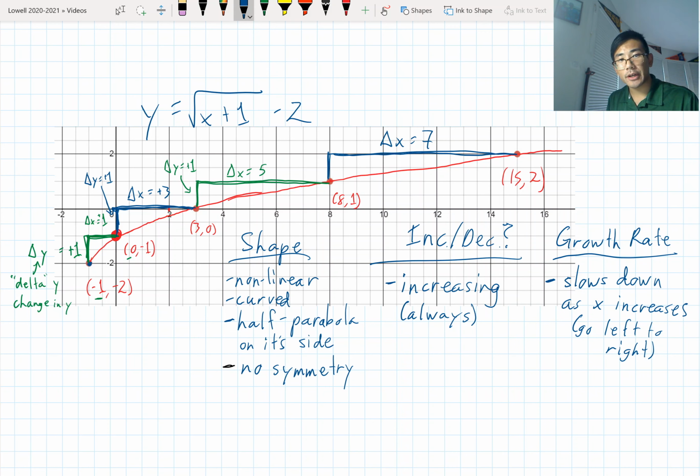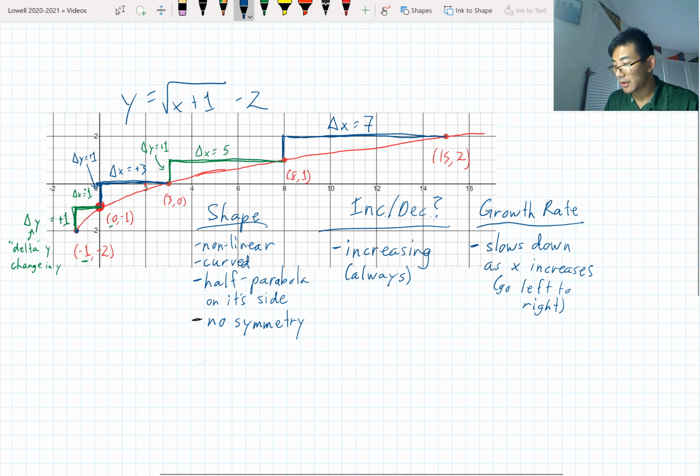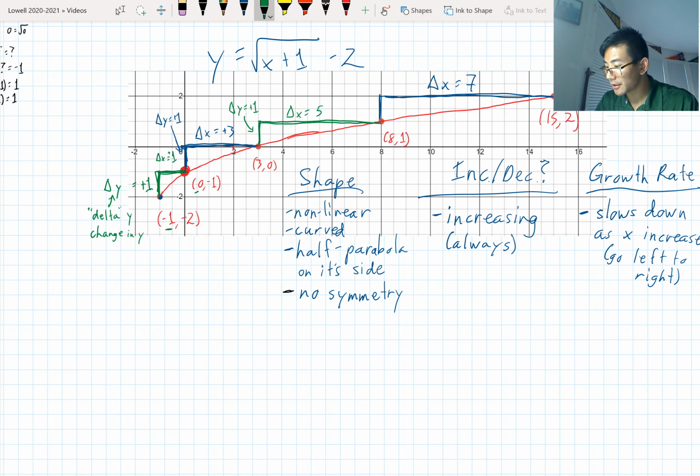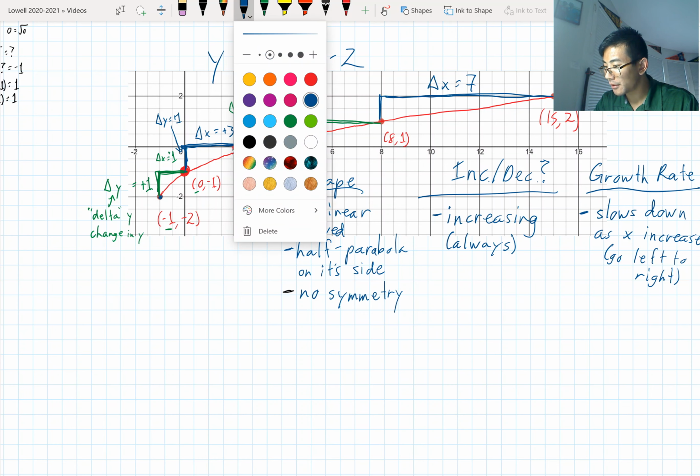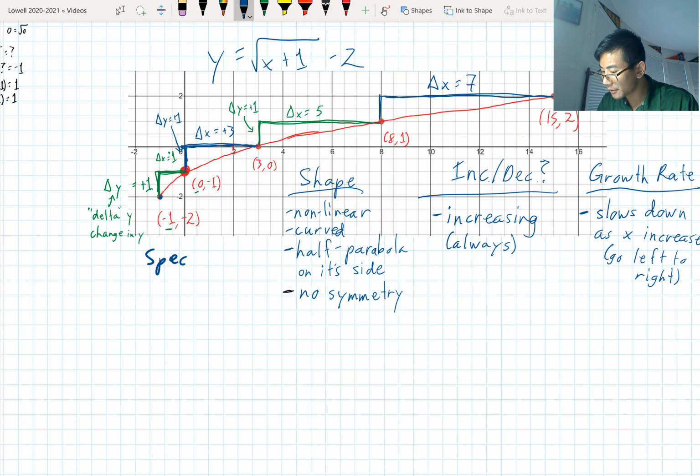Another thing we want to point out: are there any special points on this graph? So I'll start down here, I guess. Still in blue. Let's make this a little bigger. Special points. So if we remember from our parabola video, we always want to talk about intercepts if possible. So where is our x-intercept and where is our y-intercept, if they even exist, because the graph might not have them. Remember, we can see our x-intercept